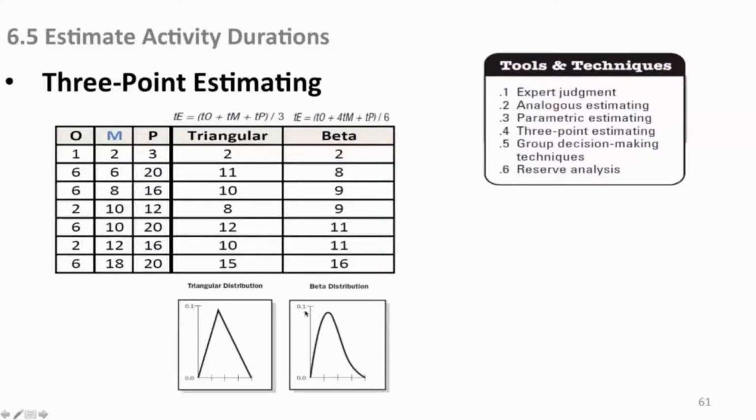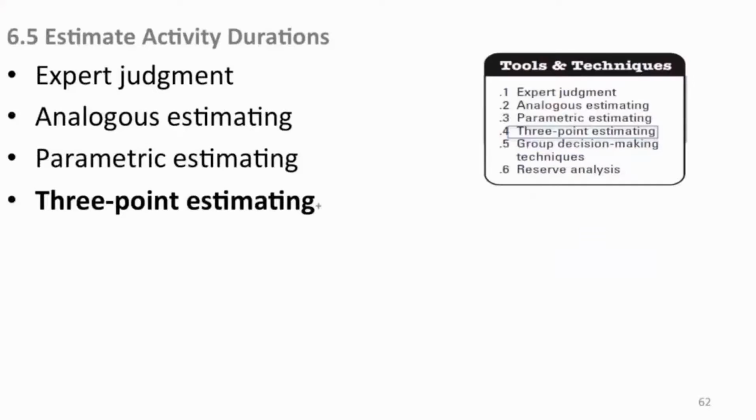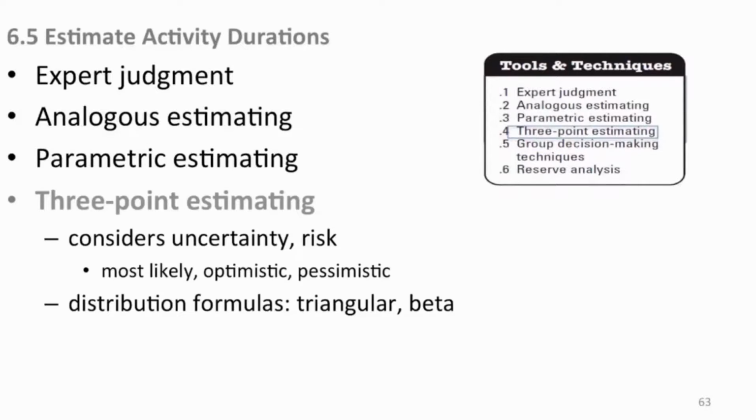You apply the formula, you get a curve, and then you just decide where along there you want to put your actual estimate, and as a group you get consensus, and now you have your duration. So those are the kind of tools you use and how you use them. 3-point estimating considers uncertainty and risk: most likely, optimistic, pessimistic, and it comes up with these 2 distribution formulas and graphs,